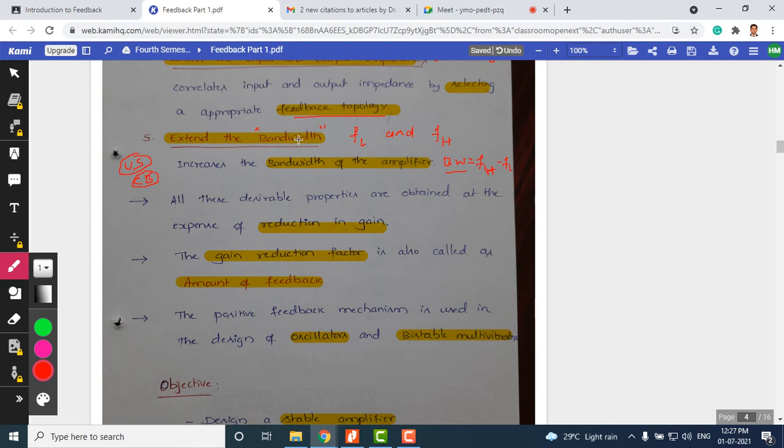So, bandwidth is very important. Sometimes I compare bandwidth to a road. Think of it this way: the larger the width of the road, the more vehicles can pass. Likewise, in bandwidth also, the larger the channel bandwidth, the more users it can accommodate. So, bandwidth plays a very important role in every circuit, but unfortunately every circuit has some limited bandwidth.